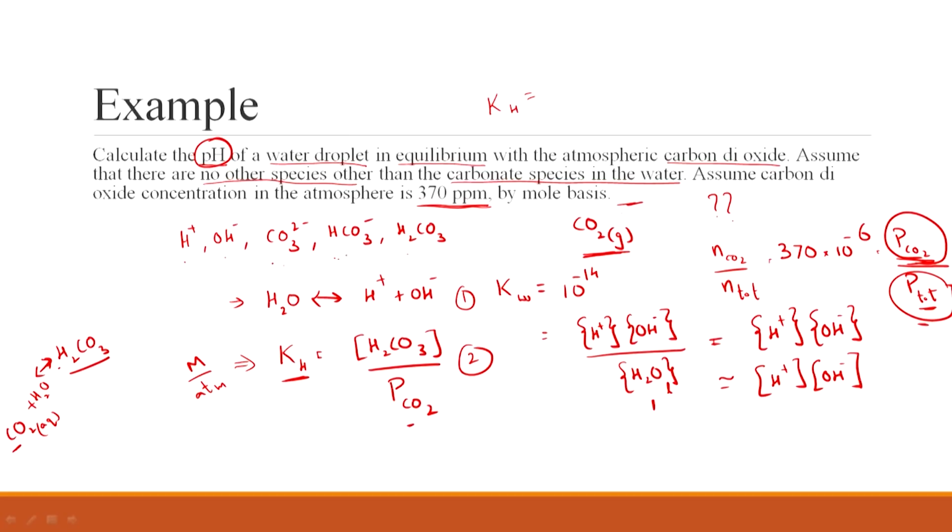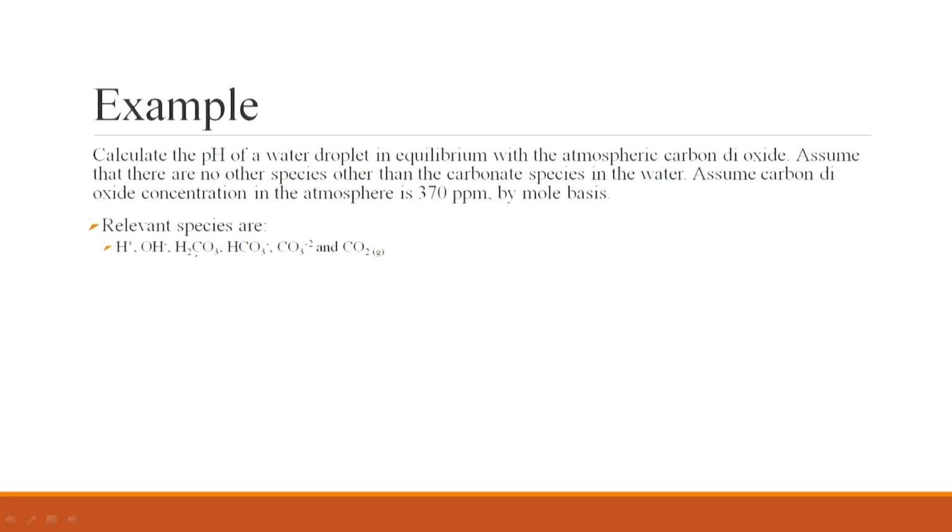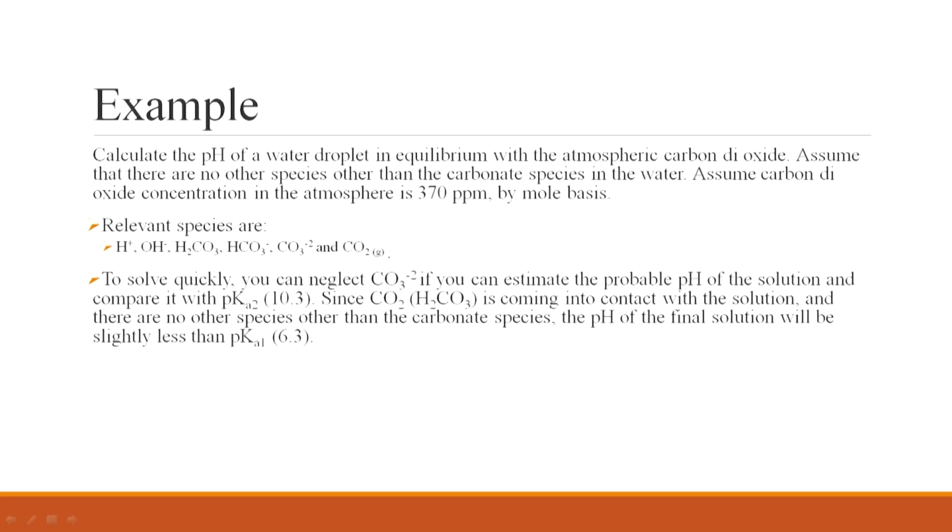I can then have the acid dissociation equations, I guess. Again, let me go through what else I wanted to present on this slide. I guess I need to erase this. The relevant species are these, which we already discussed. To solve quickly, so on and so forth, okay, so I understand what it is that I want to say here. Please note that the pKa1 of carbonic acid is equal to 6.3,